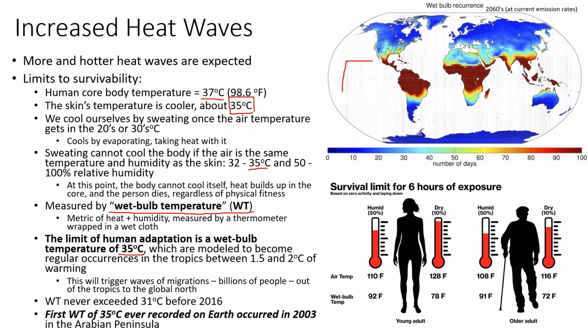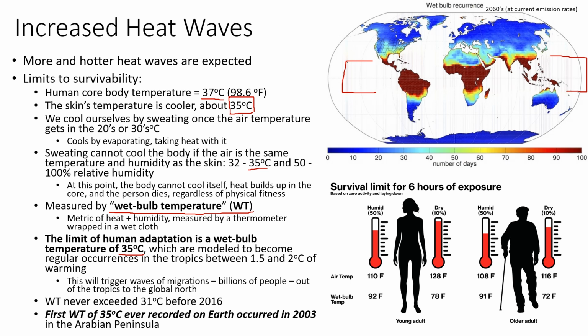So we're talking about this region of the planet, the tropics, between 1.5 and 2 degrees Celsius of warming. Remember that we breached 1.5 degrees Celsius of warming briefly this previous year of 2024. Okay, and we're well on track of being past 2 degrees Celsius of warming by 2100. So if we have consistent or even just heat waves where the wet bulb temperature is above 35 degrees Celsius in the tropics, that's going to trigger the migration